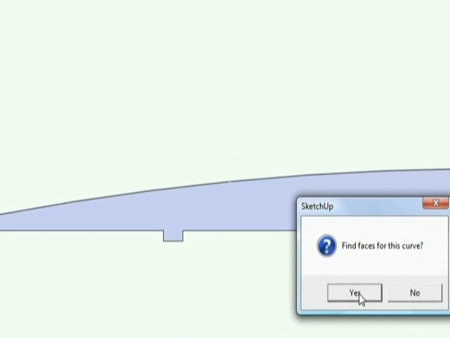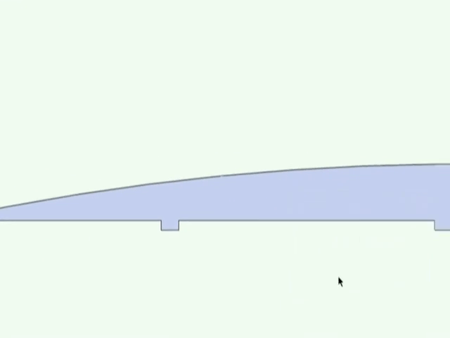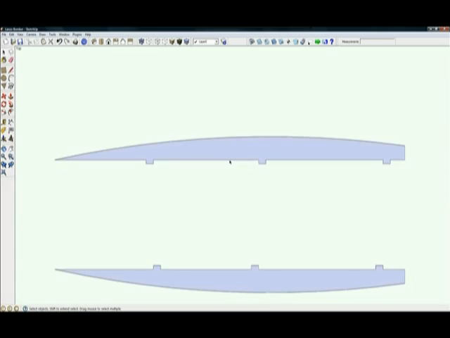Well, I always answer yes, but the curve already has a face. But in doing that, now when I select the line, you'll see that the whole thing lights up. That means that is all one entity. Now, the reason why I do this,